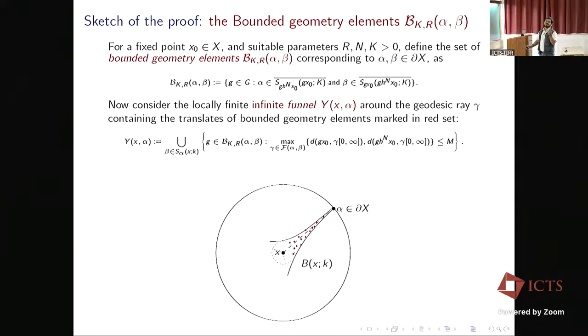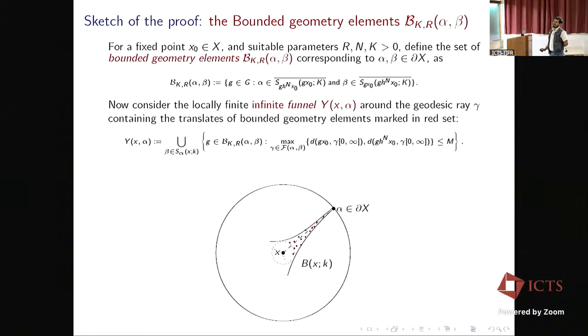So you collect all the group elements which behave like this in terms of alpha and beta. These are the elements that you call the bounded geometry elements. And why are we considering these elements? Now, the way tight geodesics were giving some uniform local finiteness in the case of the curve complex, these elements are going to give us some local finiteness. So we are going to charge not arbitrary points in this metric space, but the bounded geometry elements in this metric space. And using that, we are trying to prove the amenable action.